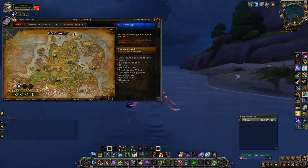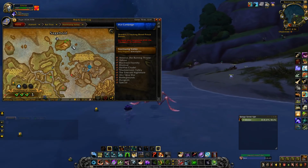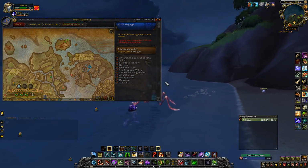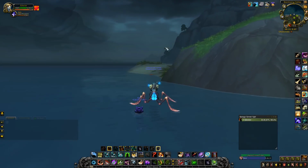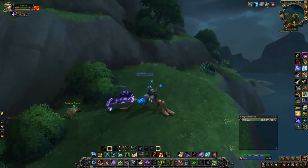Pebble number 6 is all the way north of Stormsong on this island. So we're going to go to this path, which is at 69.30, 9.40. So let's head there now. This one is, of course, as you guessed, in a cave. So this shore is right here. We're going up this path to...